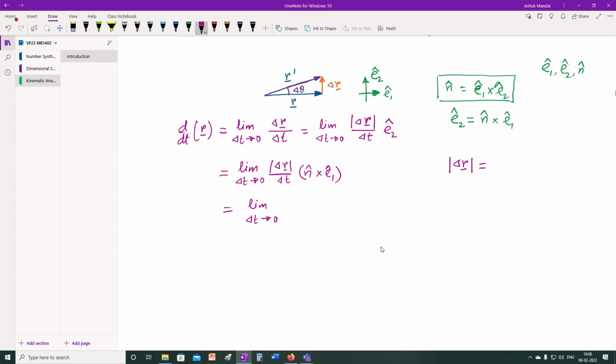Can we write it in terms of theta and r? So r delta theta, this is the magnitude of r into delta theta. We can write it this way. So let us put it that way. This is the magnitude r multiplied with delta theta divided by delta t, and that is multiplied with,